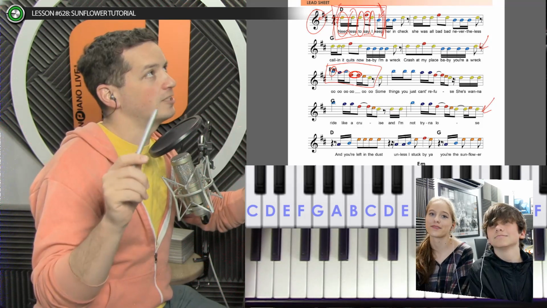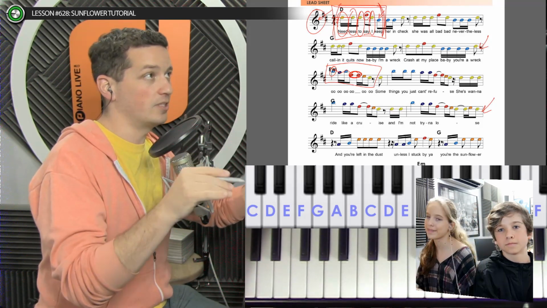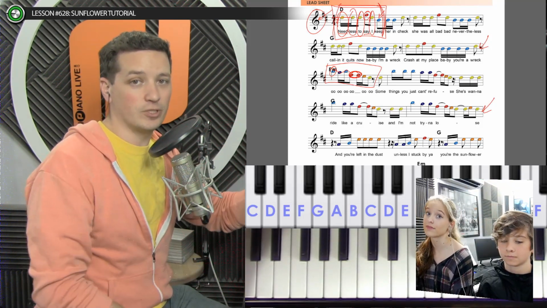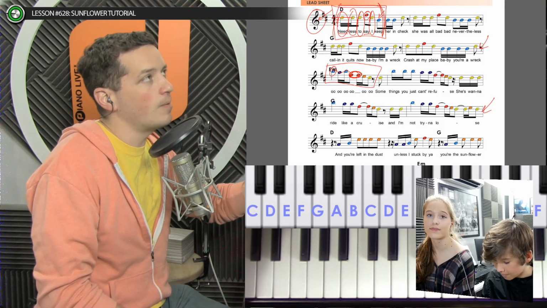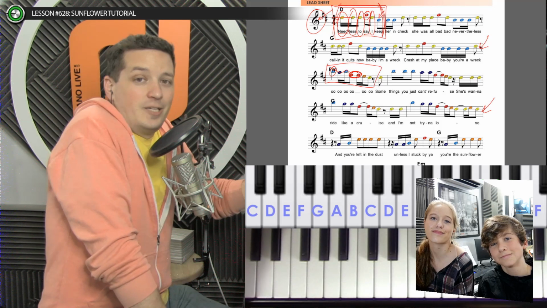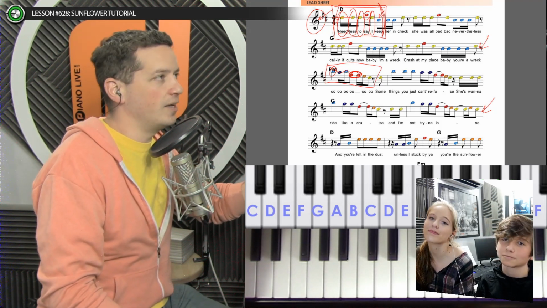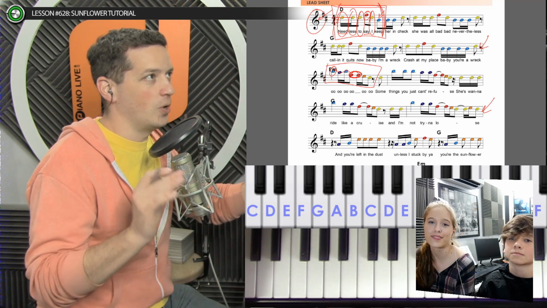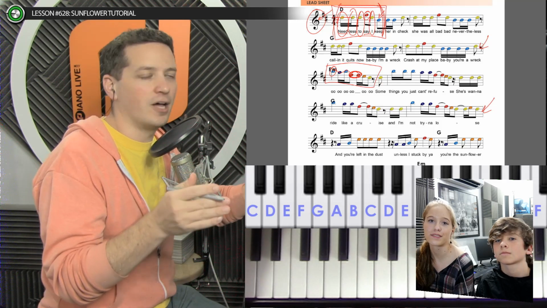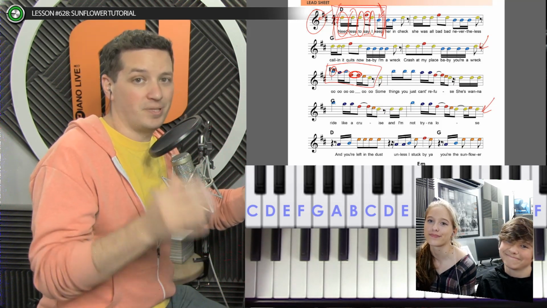So Ultimate Guitar is a place where anyone can go and write out the chords on top of the lyrics for any song. So Sunflower, there's probably like 10 different versions of Sunflower on there, and probably 1 or 2 of them are about 80% right, and then others are less right than that. So on a really good day, you'll go there and you'll get chords that are pretty much spot on. Most of the time, they need a little bit of tweaking, but they're a great place to start.